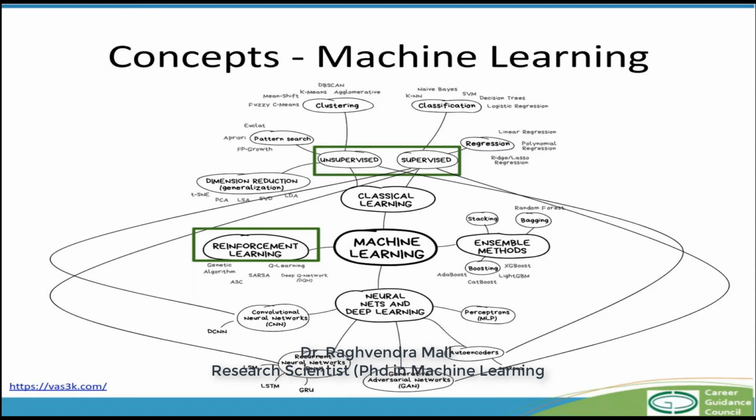And then you also have the area of reinforcement learning. Most of the modern AI that you see in games is based on reinforcement learning. So you have a state, you are currently in a state, and you perform an action and you get a reward based on that. For example, you are playing the game of Super Mario. You are at a particular position, you hit one of those obstacles and you get a coin. So your state was that you were at a particular position, your action was that you hit a particular obstacle, and the reward was that you got a coin.